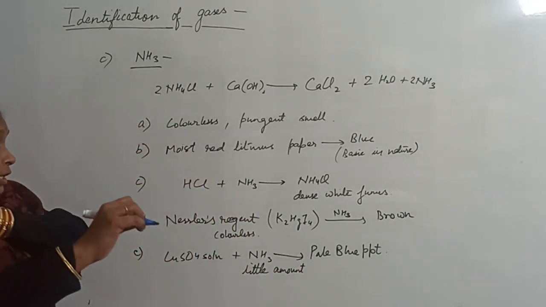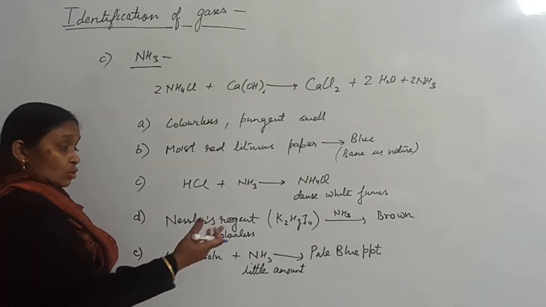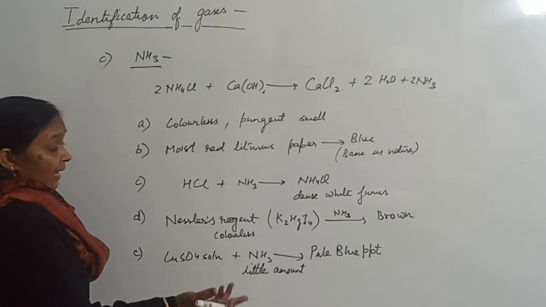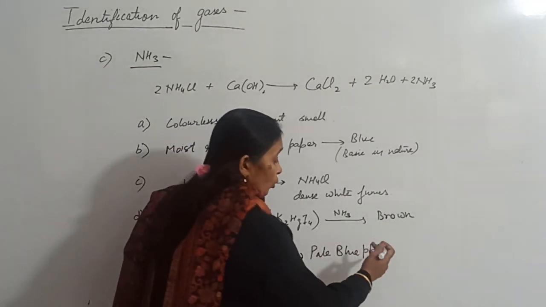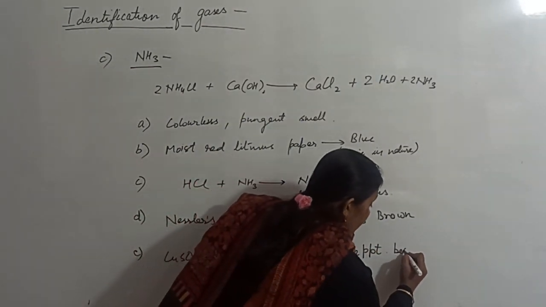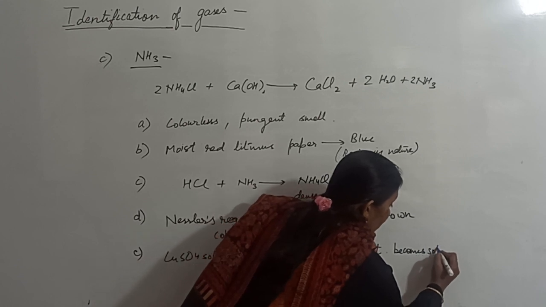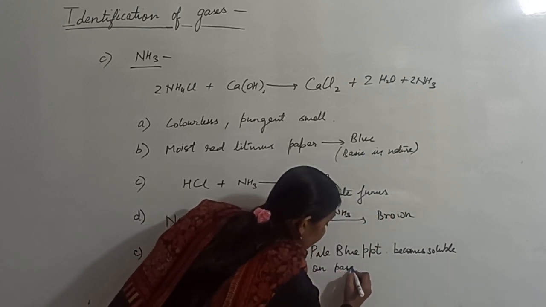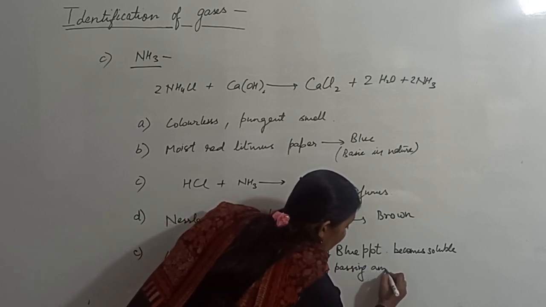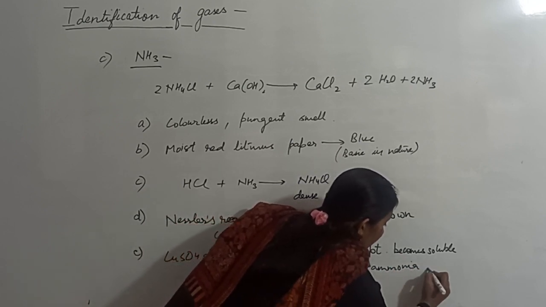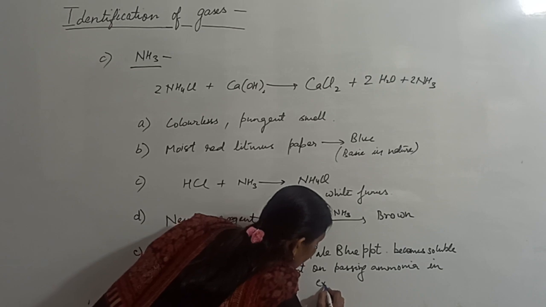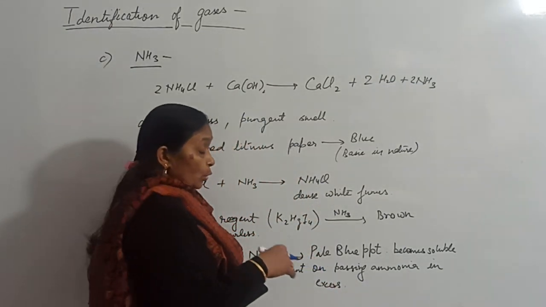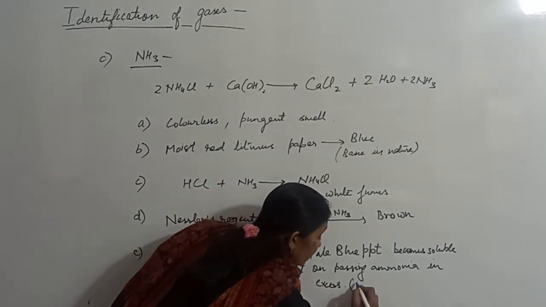But when you pass excess of ammonia, what happens? On passing ammonia in excess, the pale blue precipitate becomes soluble. After becoming soluble, what do you observe? A deep